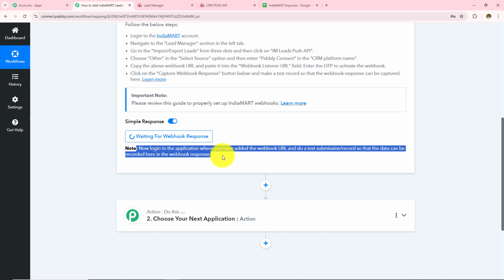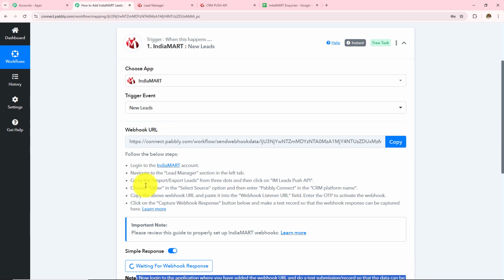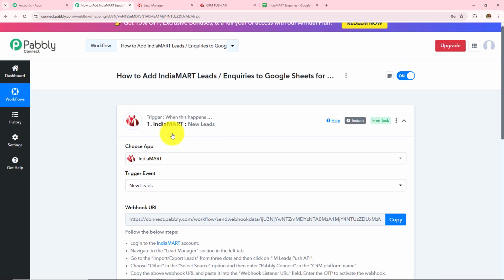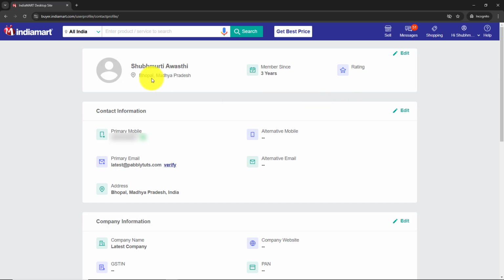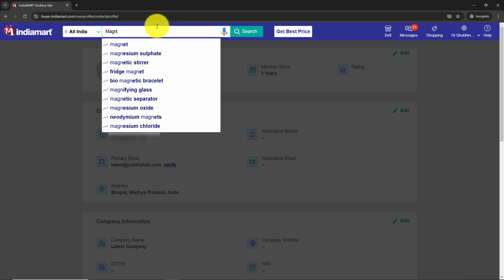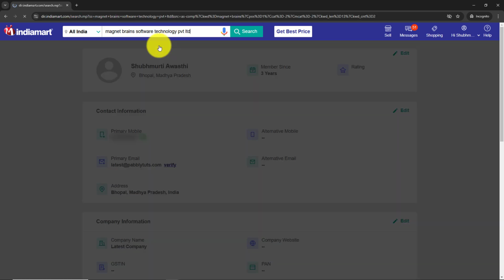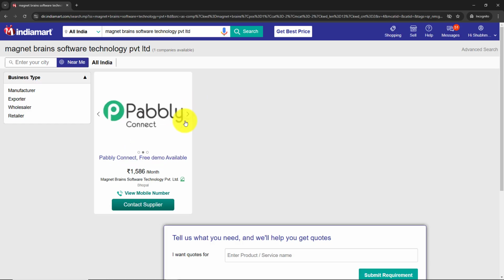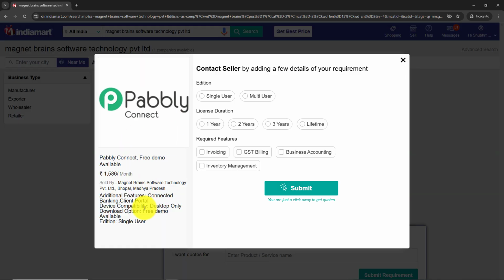Now if Pabbly Connect captured that query over here in this workflow, this means the connection that we have created with the help of this webhook URL between IndiaMART and Pabbly Connect is successful. So I am going to open my profile in incognito mode. So here this is my profile, the name is this one, phone number is this, email address is latest@pabblytudes.com, address is Bhopal, Madhya Pradesh, the company is latest company, and now I am going to search for my business, which is this one. And over here, after searching for my business, I have to simply click on this contact supplier,